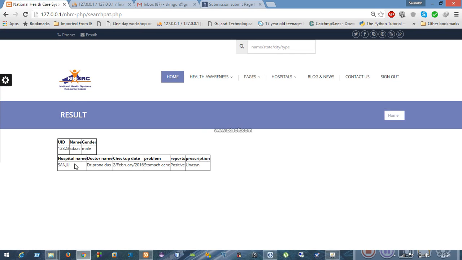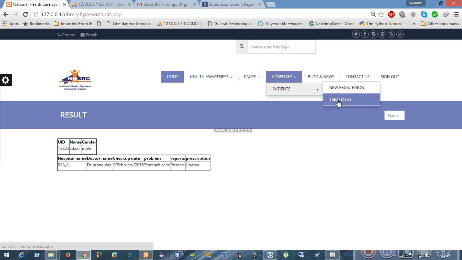Like you can see, the UID number is 12322 12323, the name is SDAAS, the gender is male, and then their hospital name, the doctor name, the checkup date, the problem which he was facing, and the reports and the prescription by the doctor, which is medicine.